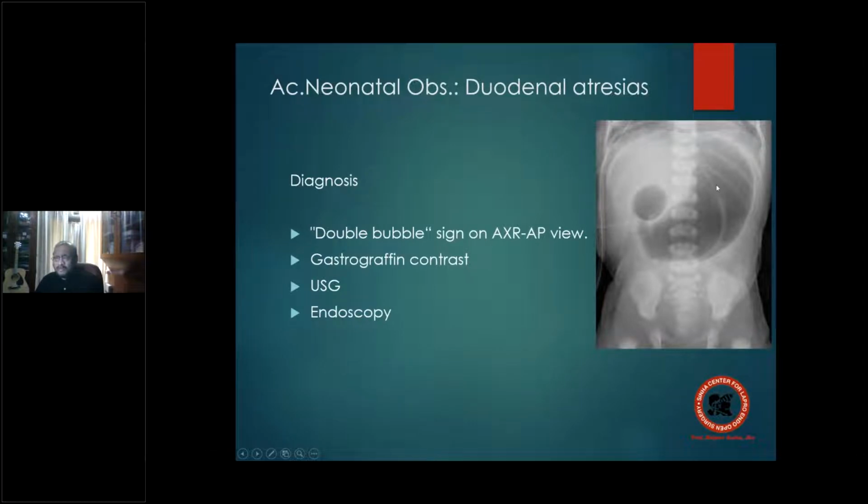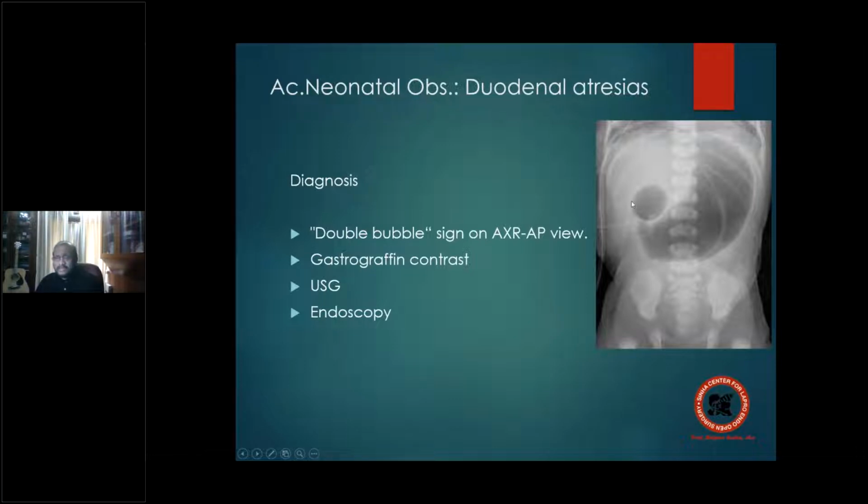See the bubble number 1, bubble number 2. What is this bubble? This is basically the gas collected in the duodenal bulb. That is the first and the proximal second part of the duodenum, right? That is the duodenal bulb. So it is the first part of the duodenum and going into the second part, that is the duodenal bulb. So here there is a collection. Why should there be air trapped here? Because the obstruction is somewhere here. This is the first part, second part, third part, and fourth part of the duodenum. That's how it would be arranged.